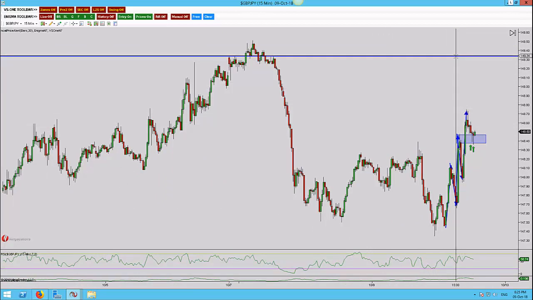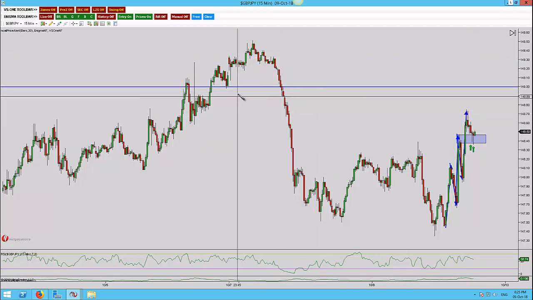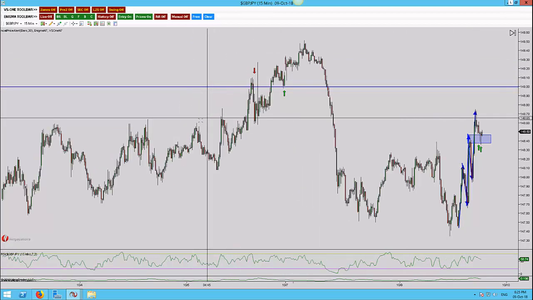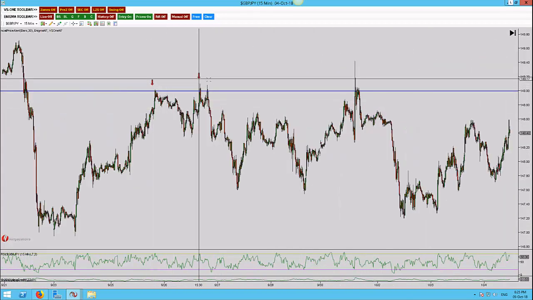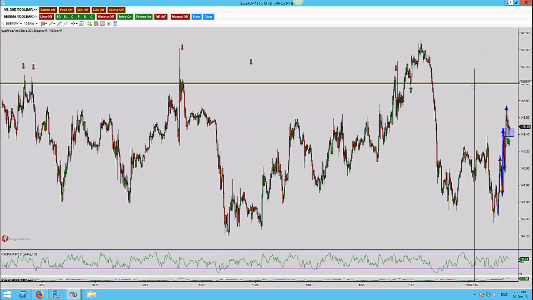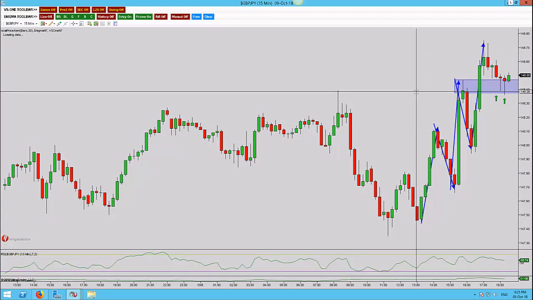Now if I bring the structure level down to the 149 flat, that psychological number here on the 15-minute time frame, we've got a few areas here that have been tested. So we can see that this is a pretty good area to take profits if we were to get up to that zone. Let's drop down to the 5-minute,